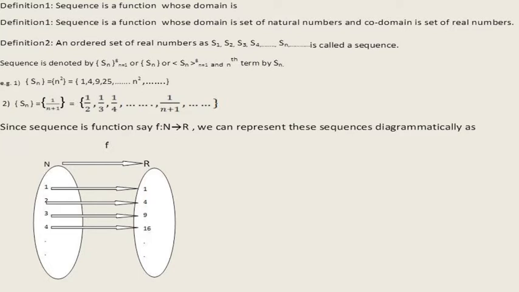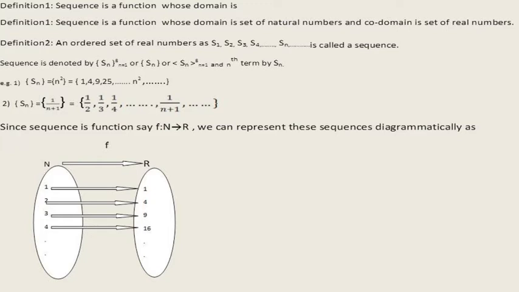Second, let us take sequence Sn as 1 upon n plus 1. So the terms can be obtained by putting n is equal to 1, 2, 3, 4 in the nth term. So put n is equal to 1, first term will be 1 upon 2. Put n is equal to 2, second term will be 1 upon 3, third will be 1 upon 4 and